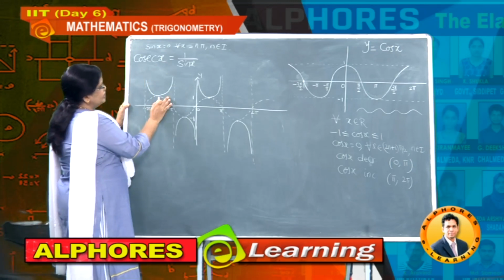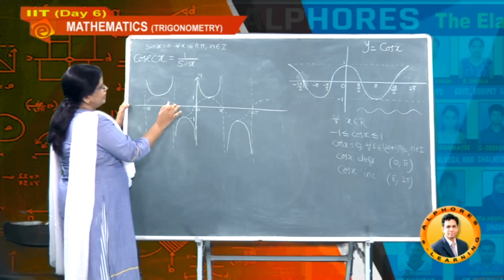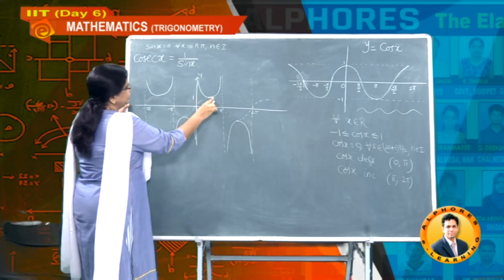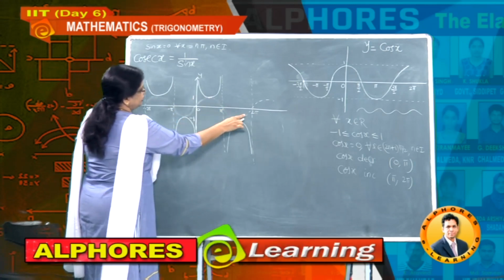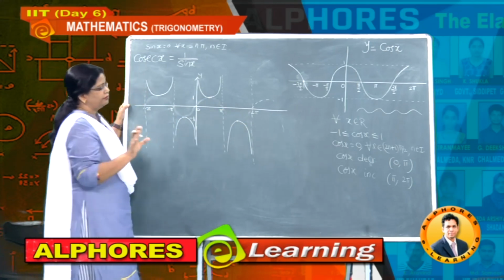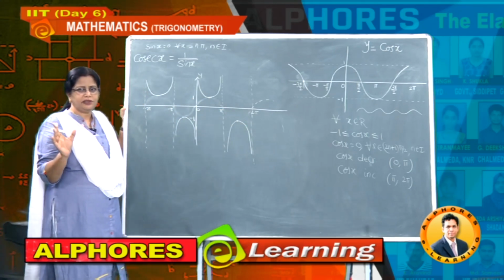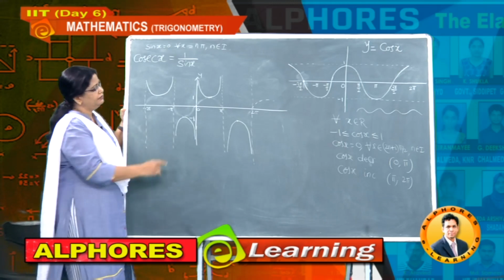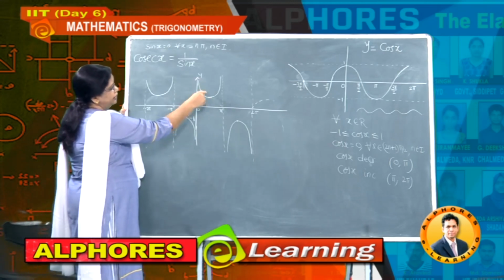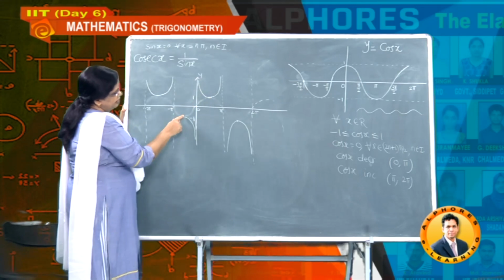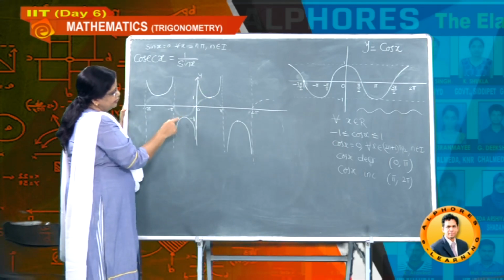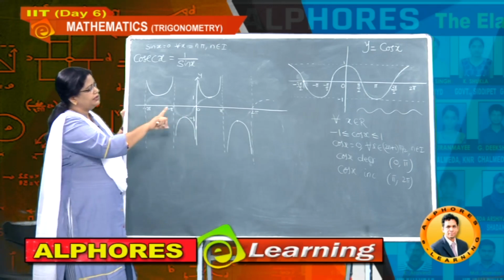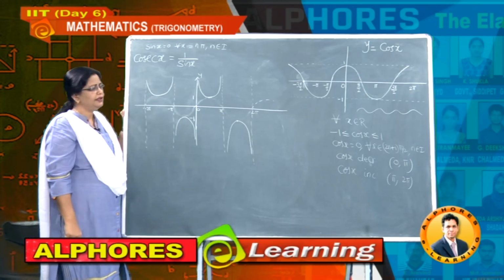Let us now erase these dotted lines, I am erasing this dotted sine curve, and now you can clearly observe this is nothing but the cosecant graph. Very easy, na? Just take the help of the sine graph, and wherever the maximum is coming, take the least value. Wherever the least is coming for the sine graph, you take the maximum value for the cosecant graph. So in this way we draw the cosecant graph.